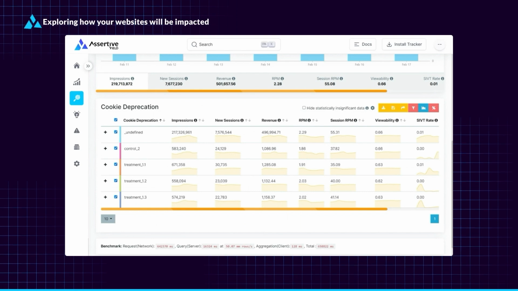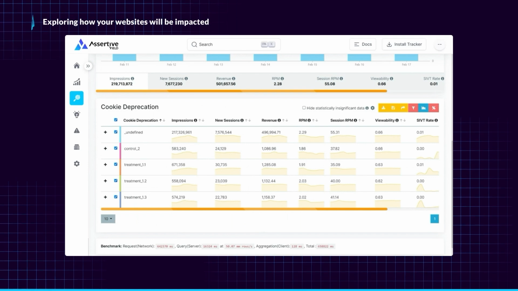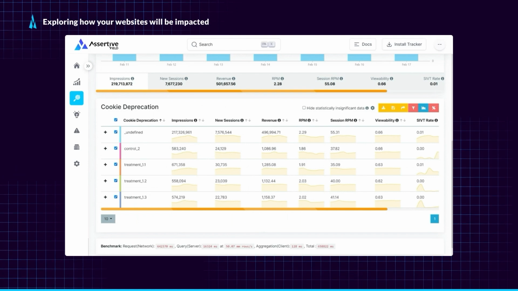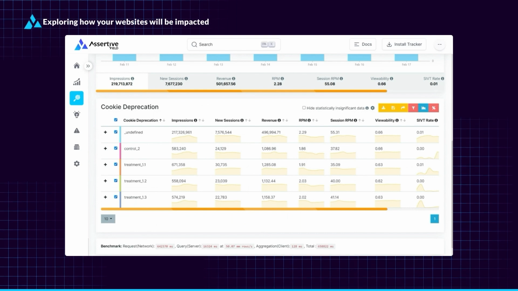However, there is still a pretty big drop between the undefined and the treatment groups. Now, the ratio between undefined, meaning the normal current situation, versus Privacy Sandbox enabled but cookies not, is relatively small in this case. But we are looking at some demo data, and it includes a wide mix of different types of publishers. So probably a big portion of this also comes from bidding pressure from our own demand, which is automatically due to how the ad is delivered where it has the least competition.